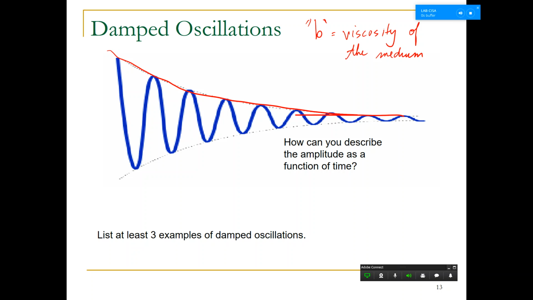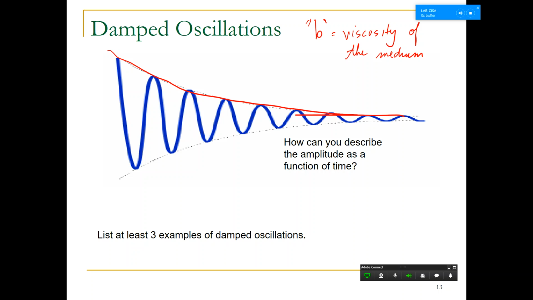Does that line ever reach zero? In reality, yes. And in this example, no. So if there was no regular friction, and it was just damping, it would still oscillate forever, except the oscillations would get smaller and smaller with respect to time. And again, this is what it looks like for this generic case. If I had something really thick, like honey, what would this curve look like? Would it be steeper or less steep?